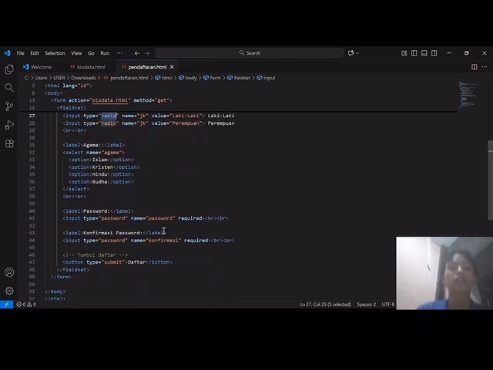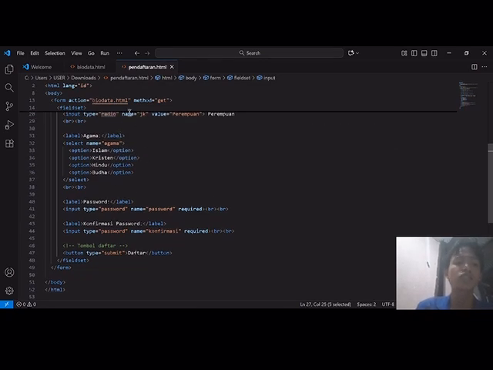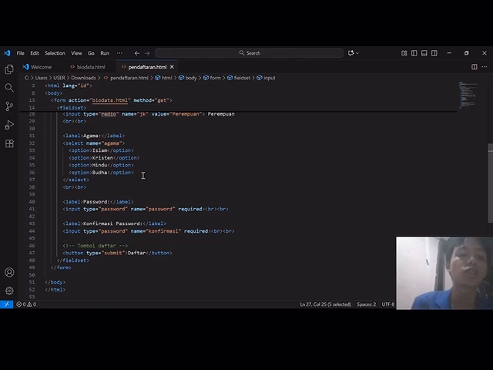Next, this HTML code snippet is a continuation of the registration form used to complete user data before submission.